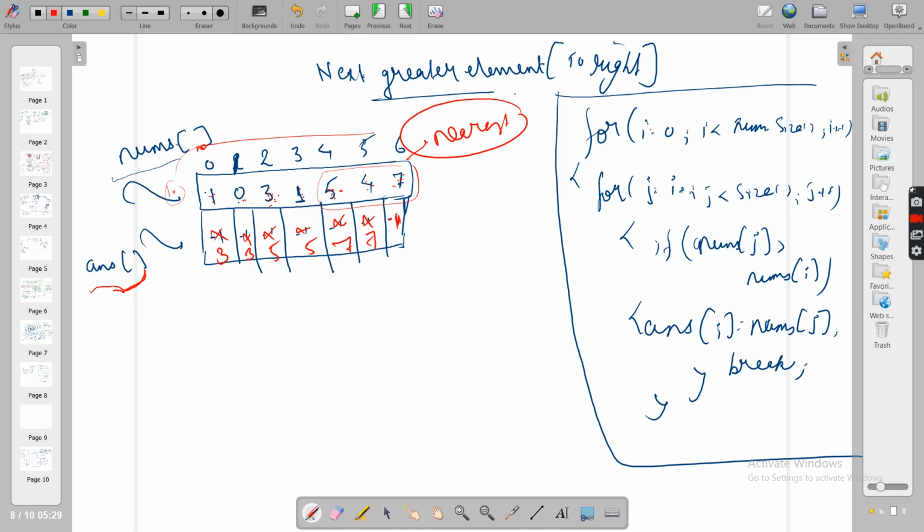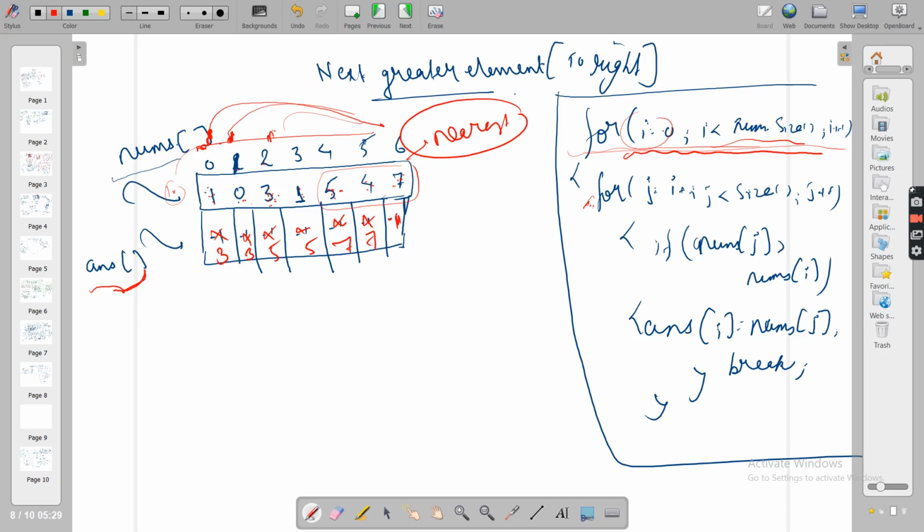So in brute force, obviously for every index you have the possibility to go till the last. I'm not saying you will go for sure, but you have the possibility to go till last. So first of all, this would be your solution. The first loop will be traversing from 0 to the size, the last index. This loop is responsible for iterating on each element one after another, like 0th index, 1 index, 2 index.